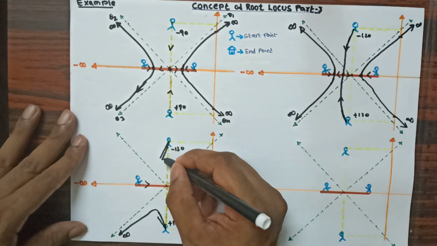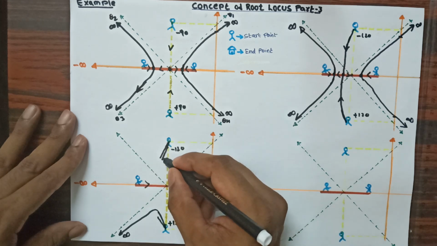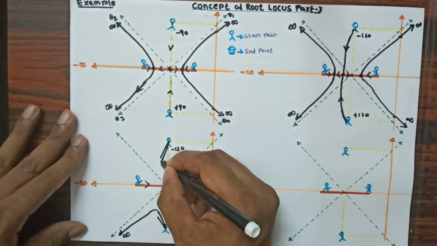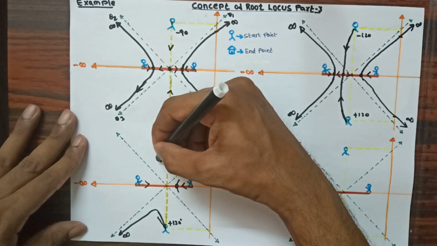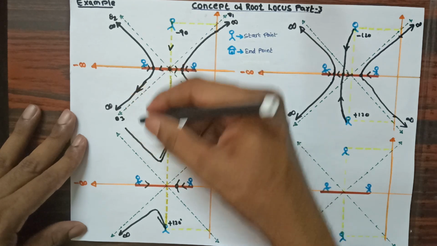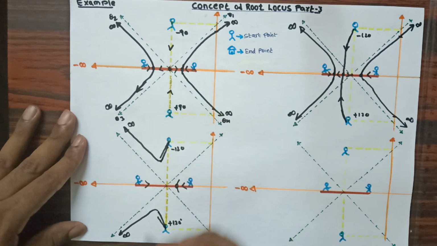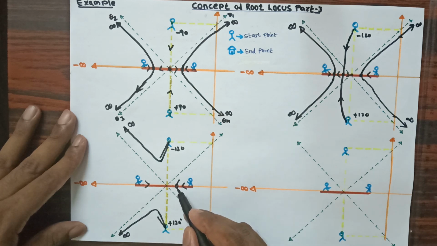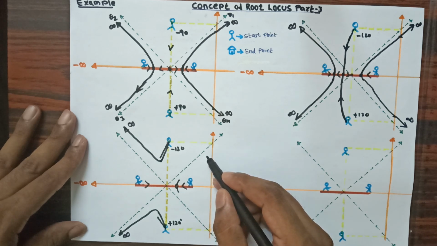Even this person also intends to reach the infinite destination by following the angle of asymptote. I have not given any breakaway point, therefore this person will not come to the x-axis. Even this person will come out at a minus 120 degree angle and then tilt, and go to the infinite destination. So these two persons approach the infinite destination, and here these two persons, as I said, this person is meeting at this point and this person is meeting at this point, and one will come above and another below, and observing this angle they will try to move towards the infinite destination.